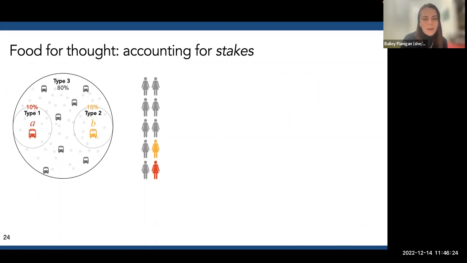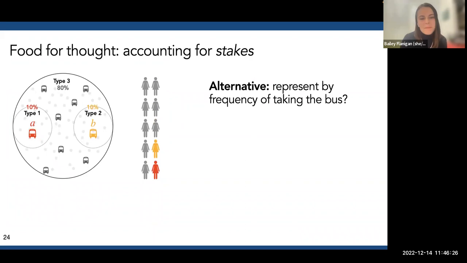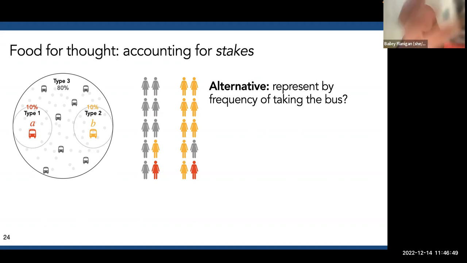Okay. Well, I don't know is the answer. I mean, this is kind of the gold standard, right? This demographic representation. But what if instead we decided to represent people by their frequency of taking the bus, which kind of makes sense because we're deciding where to put a bus stop. So it would make sense to overrepresent people who tend to take the bus way more. And what would ultimately happen maybe is, this is more what our panel would look like. And maybe there's heterogeneity in type 1 and type 3, and it wouldn't be quite this extremely yellow. But what we would see is a much higher representation of this group of people who really tends to take the bus.